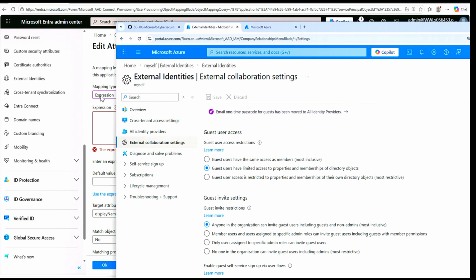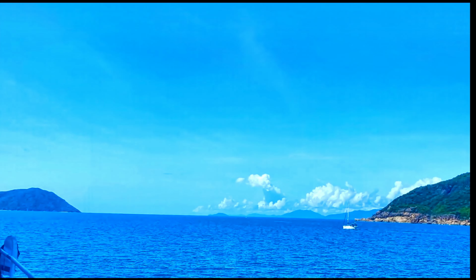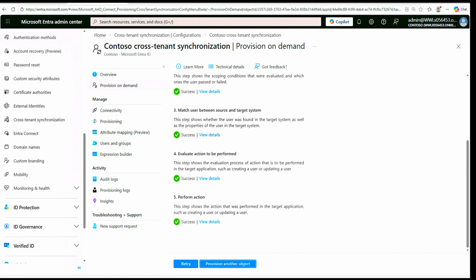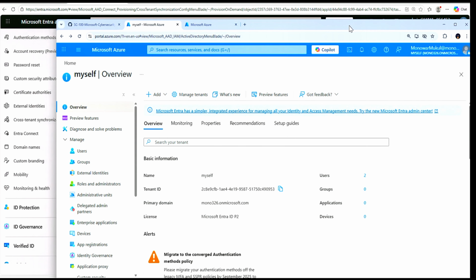Let me find that one actually, what value I need to add. So here is my